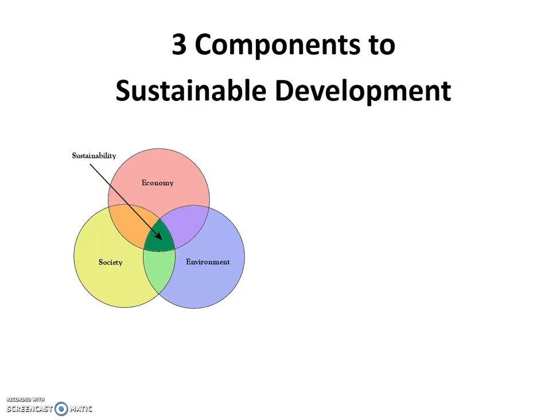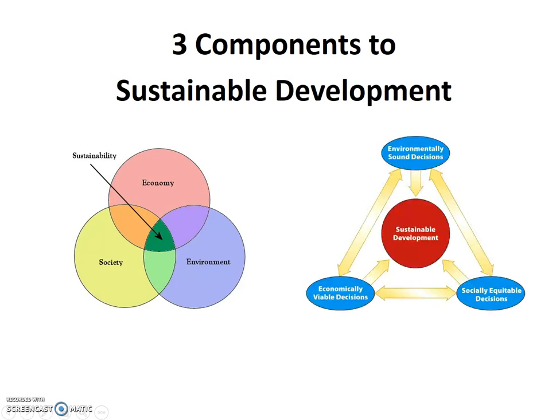For example, that means we are not protecting the environment while causing suffering for people, or economic disasters. All three components are important. Your book refers to the triple bottom line, as the authors remind us to consider not only the environment, but also the social and economic causes and consequences. This graphic here on the right was one that was included in the previous edition of your textbook. Visually, it's a bit different, but it displays the same concept as that Venn diagram.